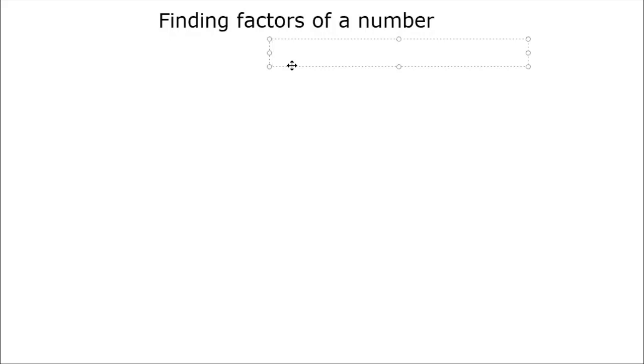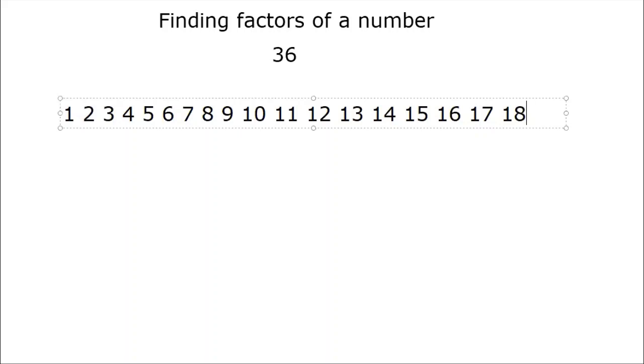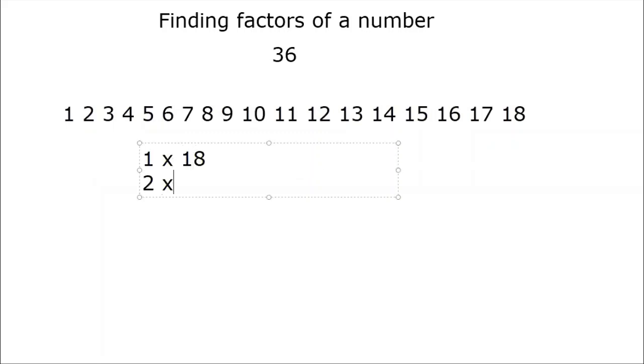So I'm going to do one more in the same way. So I'm going to do 36. The way I'm going to do 36 is by starting at 1. So I'm going to list all my numbers from 1 up to 18, which is halfway to 36, and that's as far as I need to go before I start going too high. And again, I'm just going to look at the numbers in order. So I'm going to start with 1 times 36, 2 times 18, 3 times 12, 4 times 9,